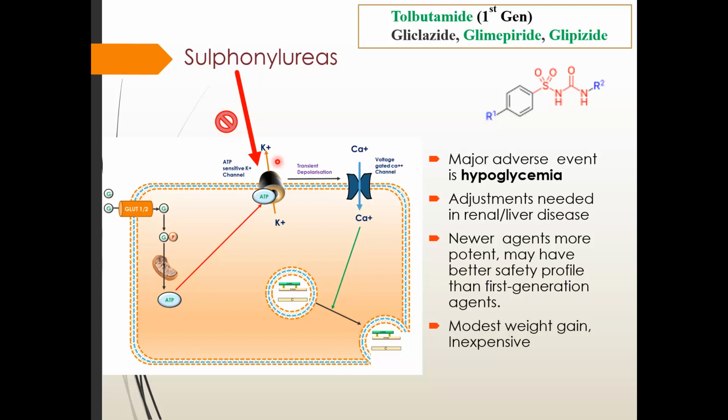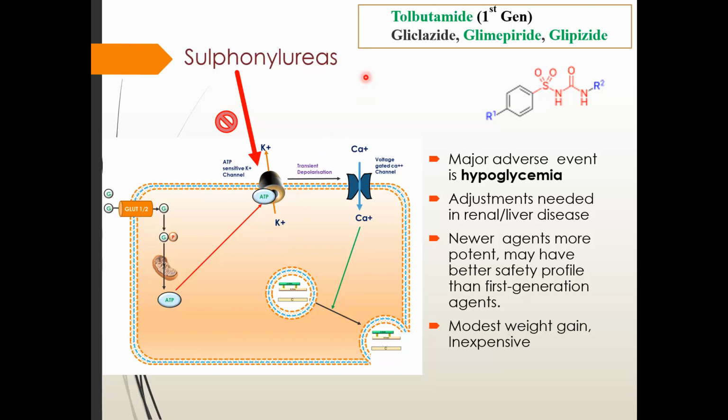But the major adverse reaction for this, if something is releasing more amount of insulin, that means the most common adverse effect that you can assume is hypoglycemia. So more insulin will be released and hypoglycemia will occur. So sulfonylureas are always given just before meal, and you should always tell the patient, do not miss your meal after you take sulfonylureas, otherwise hypoglycemia can occur.